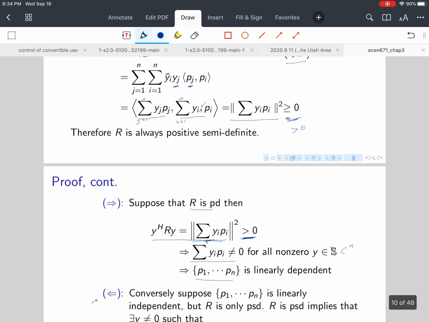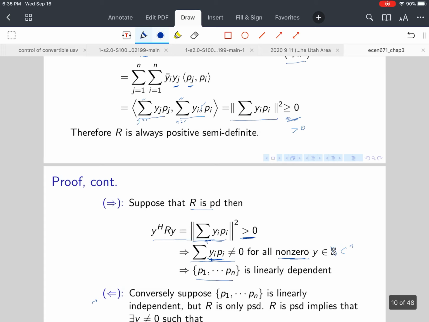Remember, what does it mean for a set of vectors to be linearly independent? It means that the linear combination of those vectors is 0 only if each of the coefficients is 0. So since this thing is non-zero for every non-zero element of y,